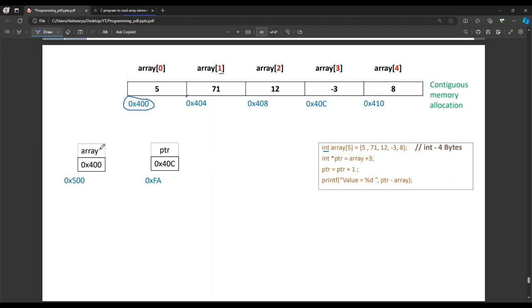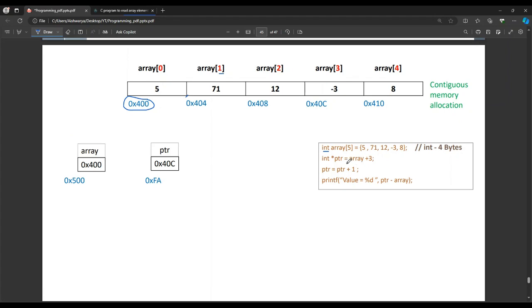There is a memory location in the stack where the name of that memory location is array. That is the name of the array. That's why you could have taken a of 0 also. And what is that location holding? The address of the first element, which I have taken as 0x400, because this is some memory location in the stack. This also has an address.